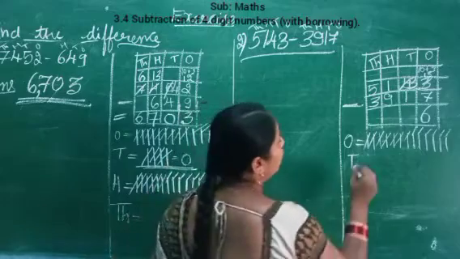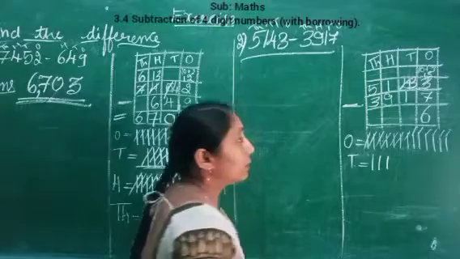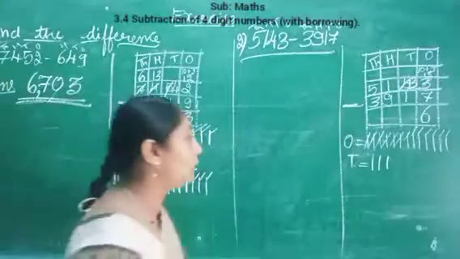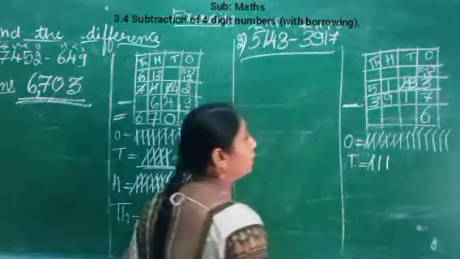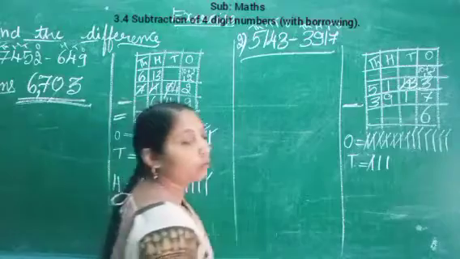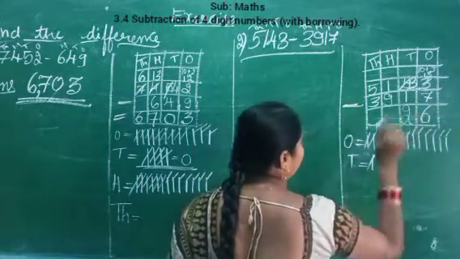We go to the next, the tens place. The tens place already gave the number 1, so it comes to 3. 3 minus 1 is easily subtracted. 3 is greater than 1. So we go to the tens place. There is number 3. You draw the 3 lines: 1, 2, 3. Next, below 3 which number is there? Number is 1. We draw the 1. Okay, children, how many lines are there now? Count it: 1, 2. You write it in the tens place.